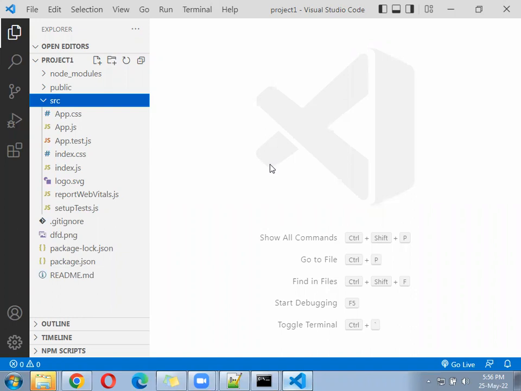After reaching the file, we will modify the content, delete the content, and add our own, and after adding our own, we will understand the scenario. Yes, I have added the H1, it was working. Once we add some more lines, some more tags, it will throw an error. Then why does it throw the error? What are the rules and regulations to write the code in React? Okay, so the steps are clean and clear.